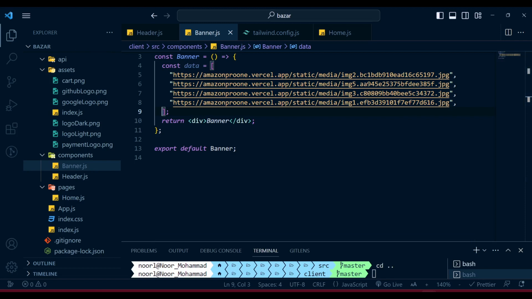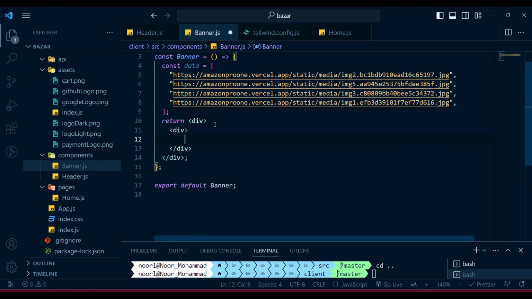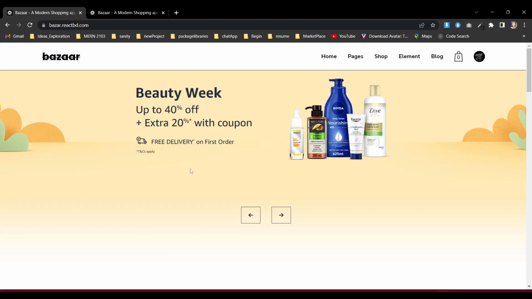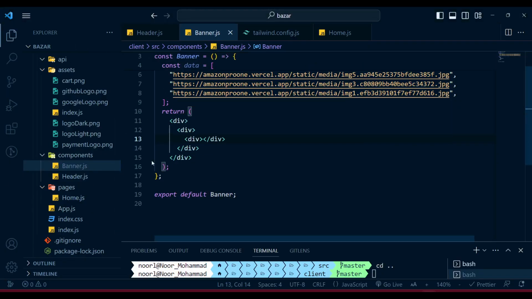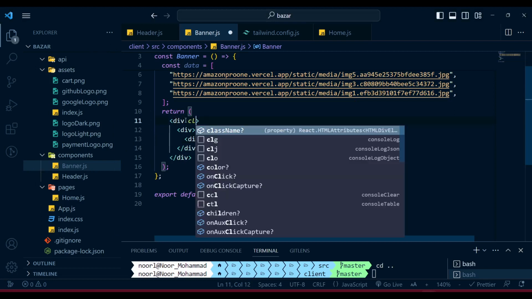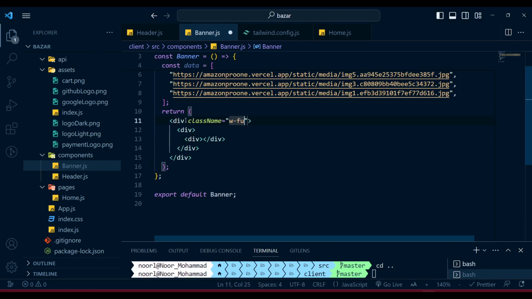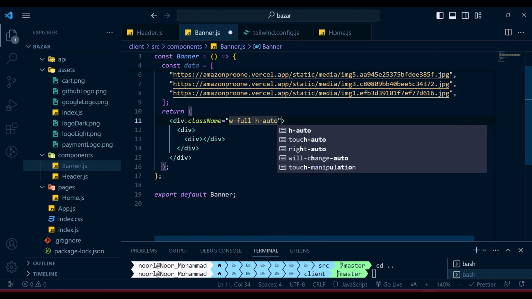Now that image data will be applicable for all the things over here. First of all, that div will be a full div, and inside that div I'm gonna take another div. And now here I'm gonna use 3 divs, because the first one will be the entire div, then the image which will contain the height, then the button will be available for that, which I also need to make another div. So first of all, in the top level, give a class name. Width will be full, height will be auto,